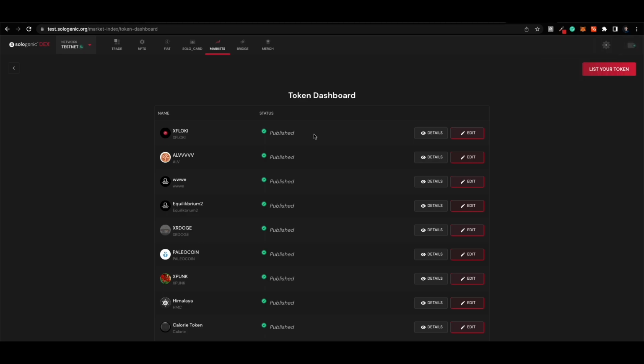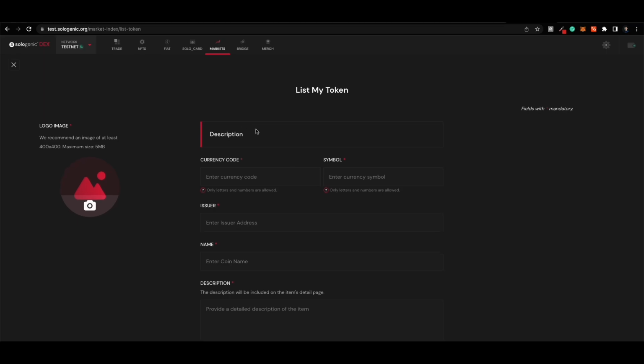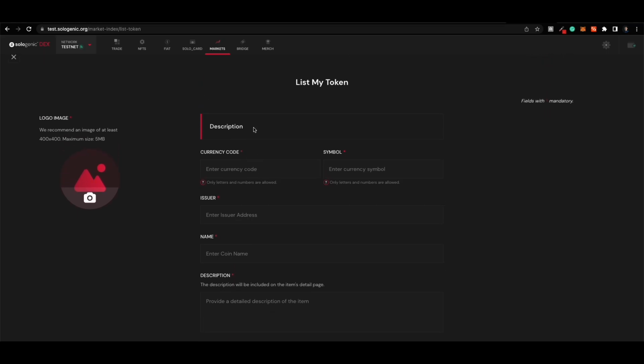For example, here we have a few ones that have already been published, and we're going to proceed to list a new one by clicking on List Your Token. So to start off with the process, keep in mind there's only two mandatory sections, which are the description and